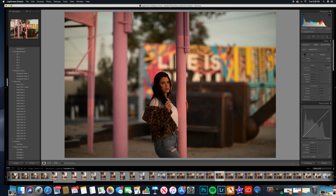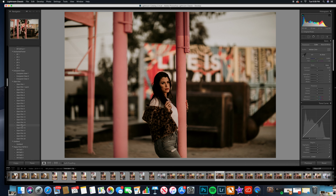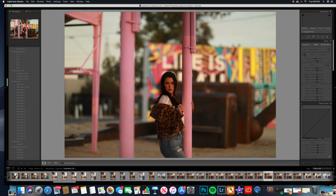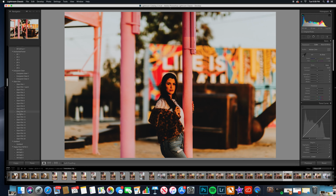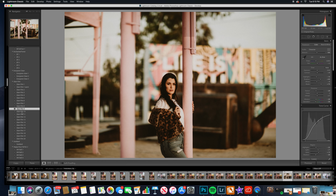We're going to go through a few more of these. I'll show you a few other edits with this particular one. This one, Glam Film 15, is definitely more desaturated. This entire set is really amazing. I think you're going to have a lot of fun with it, and there's a lot of creative control you can have, just getting yourself out there and shooting in different situations. And like I said, it's not necessarily going to be the best set for shooting in fields and green. So not that you can't, but